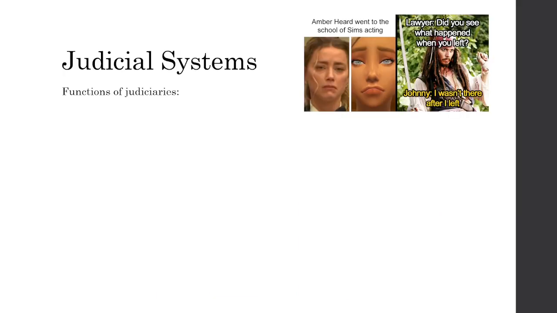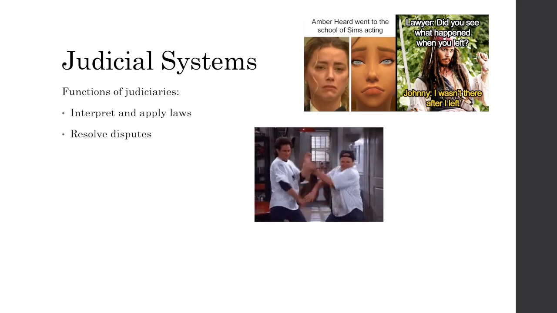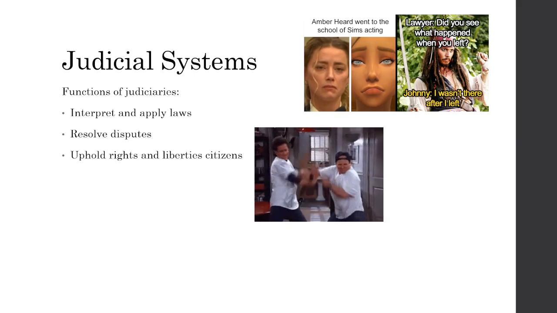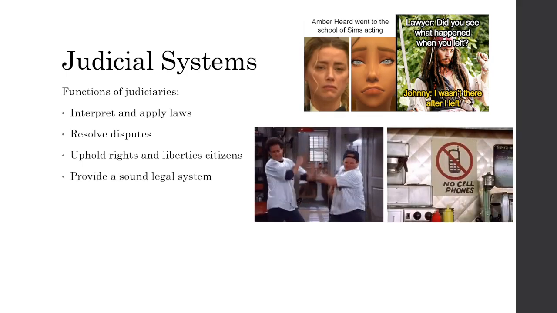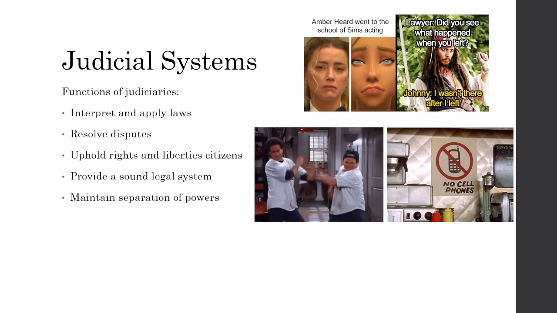All right, let's talk about the judicial system. For the most part, judiciaries have similar functions. These functions include interpreting and applying laws, resolving disputes, typically in the form of lawsuits between two parties, upholding the rights and liberties of citizens, upholding their right to live, any rights and principles that are written within a constitution, providing a sound legal system and enforcing the laws within those legal systems and defining those laws and what they mean, and maintaining a separation of powers and having independence and doing their job correctly without influence and external control